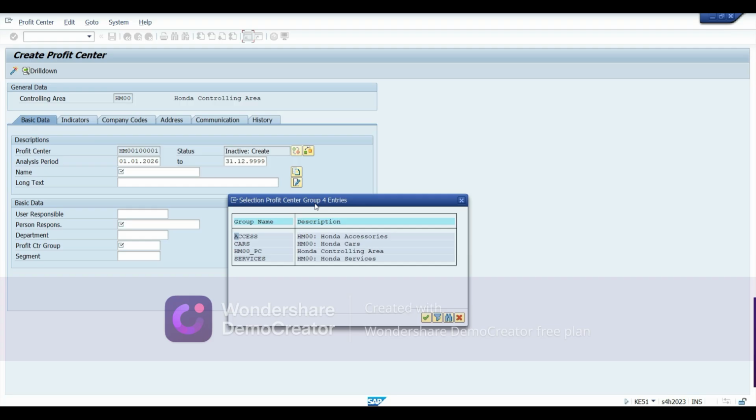It is not the thing that you can create on your own. This is usually done after your transport request tiers are moved into the production system and before you start creating or uploading the profit center master data. So this hierarchy must be created first. Once everything is defined, we save the structure,